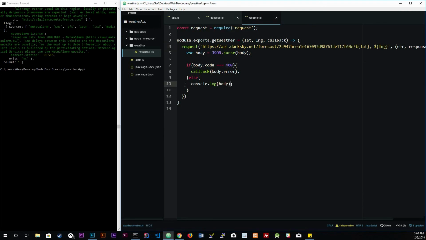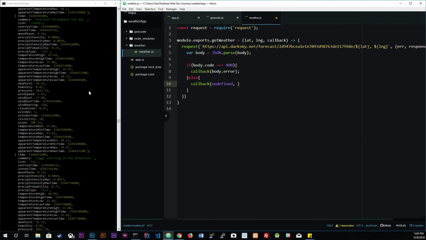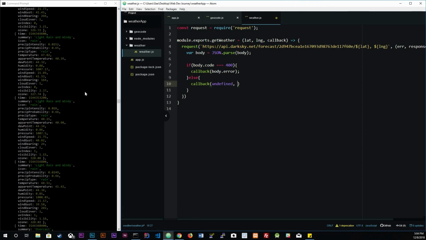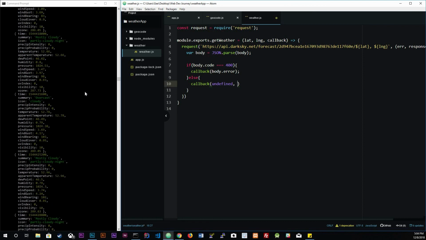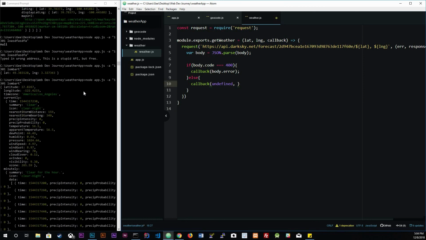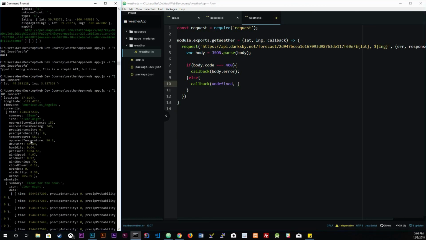All right, so actually not console log. We actually need to give it back, callback, undefined, right? And then we're going to give it back the body. Oh, but we're not going to give it back the body because we don't want the whole body, right? If I scroll up, we actually just want the temperature and the apparent temperature, right? So we're going to pass back an object with temperature,